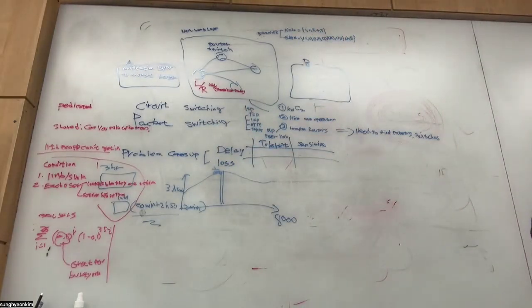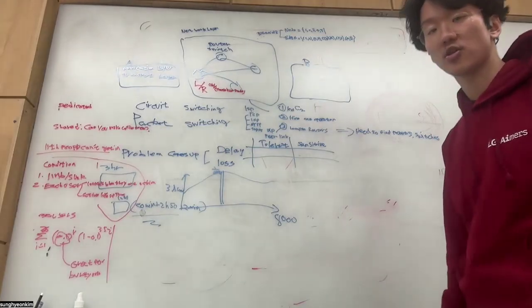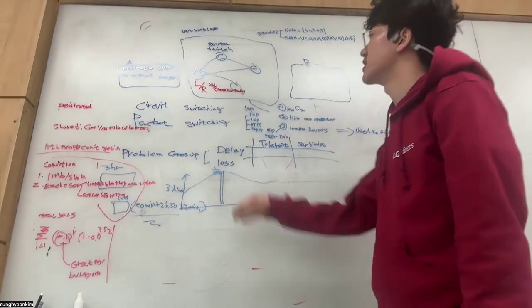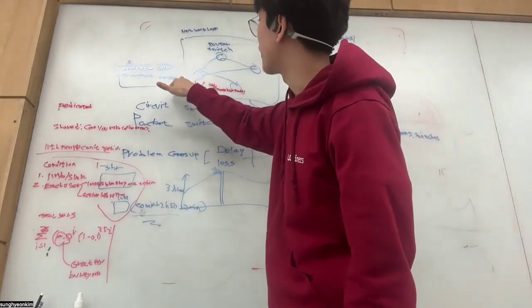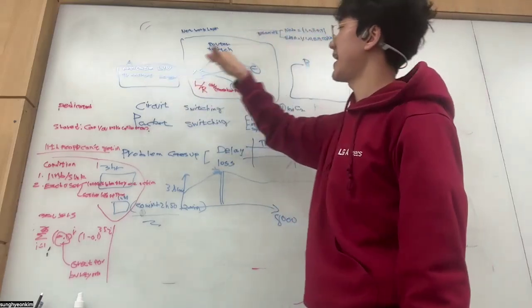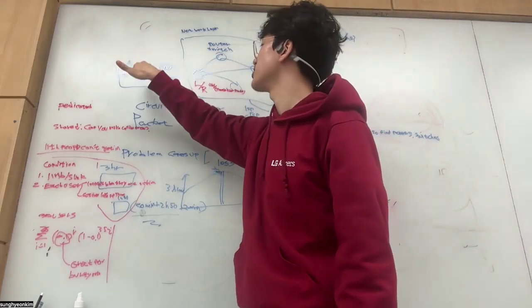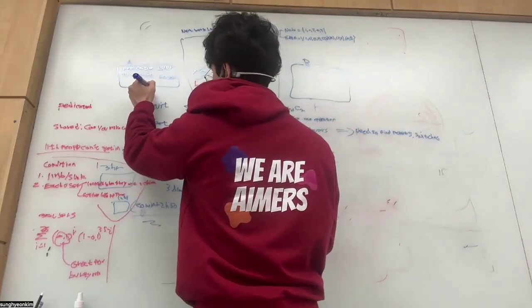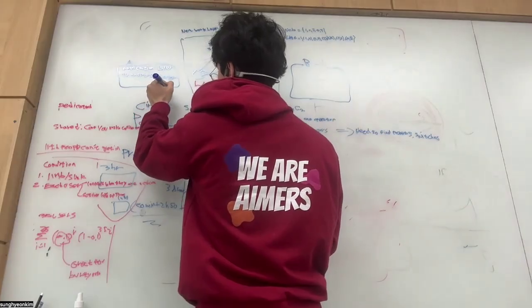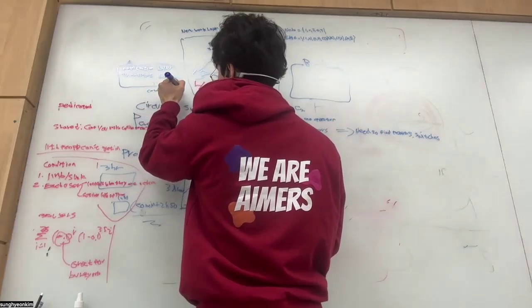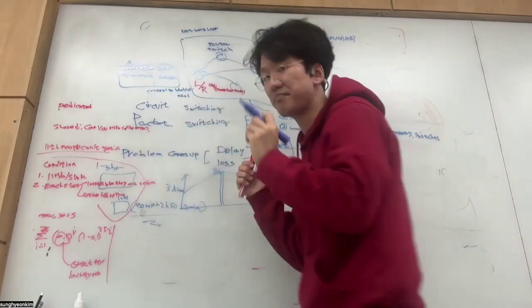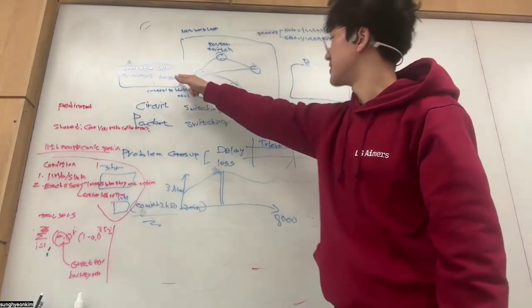Then we should first talk about what is circuit switching and what is packet switching. Before that, I will talk about the network layer and what is the network? Network is moving the data from A to B. What is A? There is application layer and there is transport layer. Transport layer controls whether to send or not send the packet. Packet is data